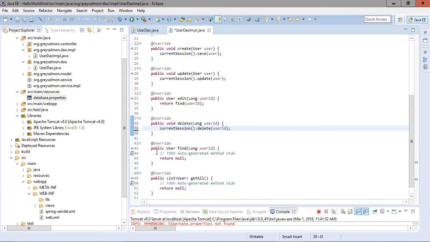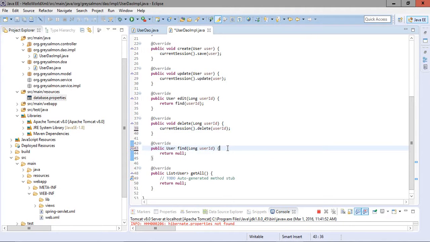Then find. In the find, we are interested in finding the object. For that we have to provide the primary key as a parameter. So find the object, or return the object, having the primary key.